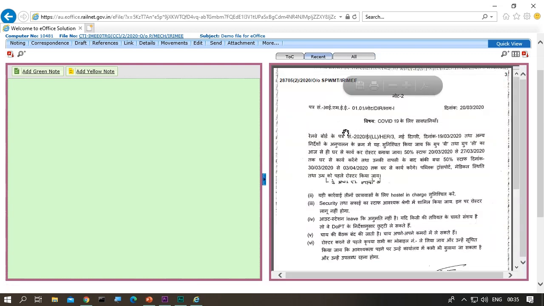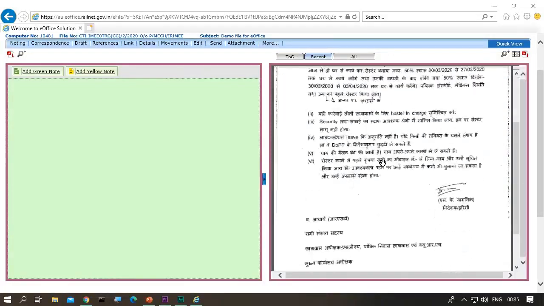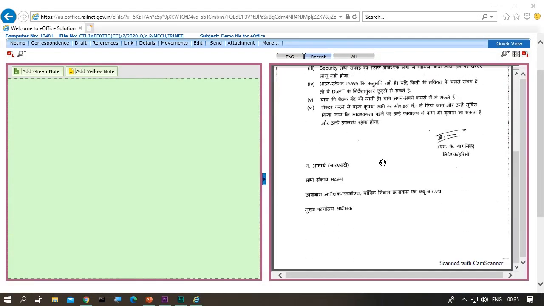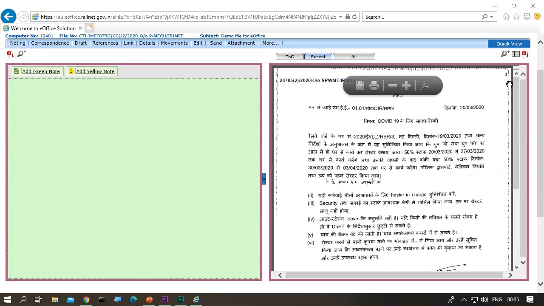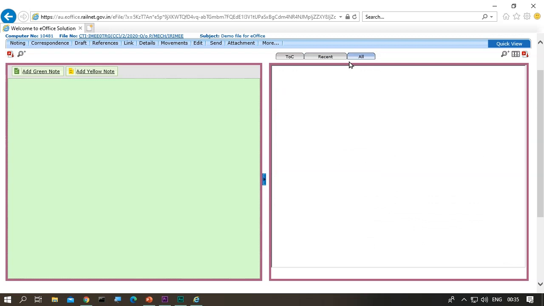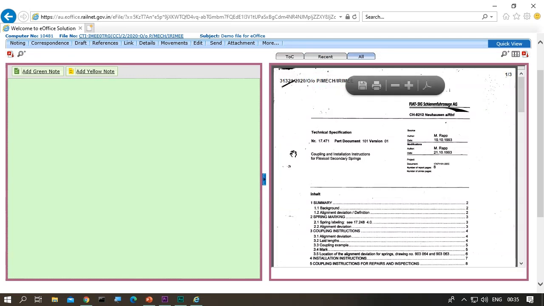The latest one shows the third CP attached. If you go to the all tab, again all three pages are shown which can be scrolled.